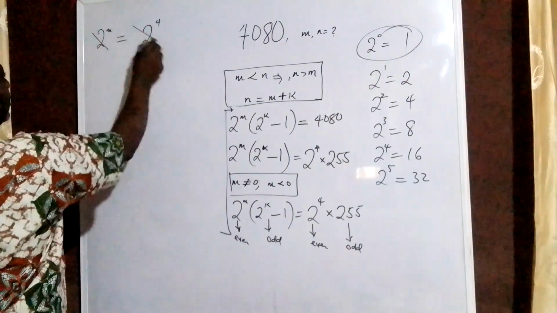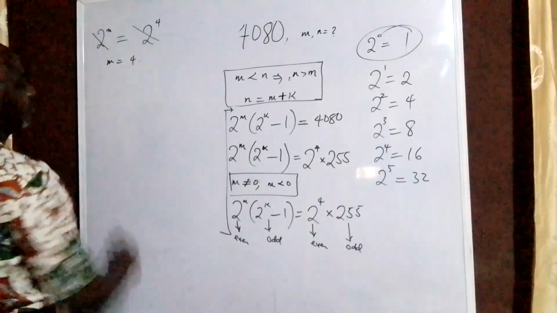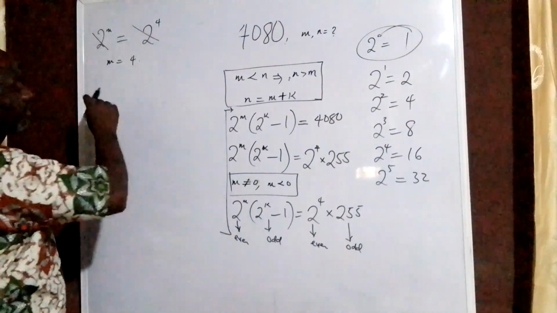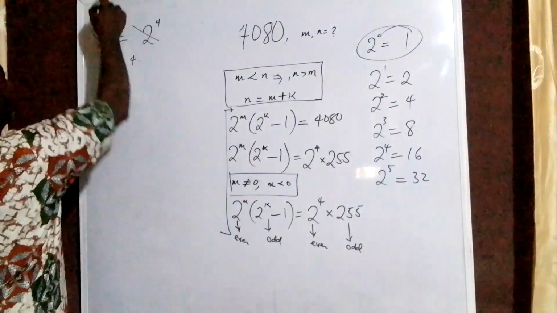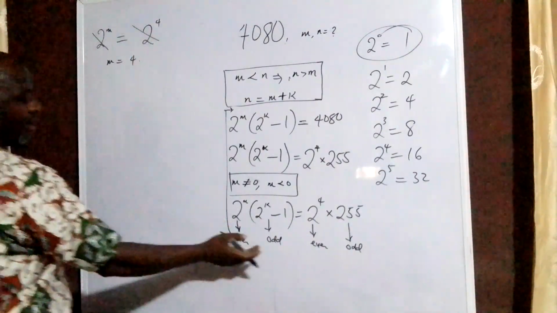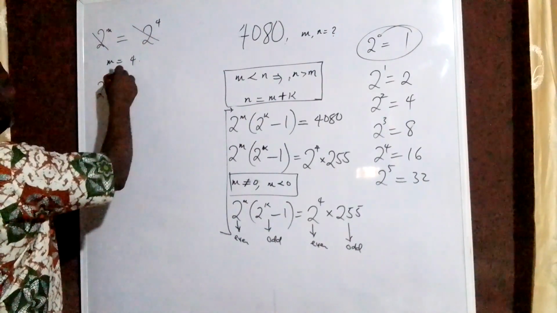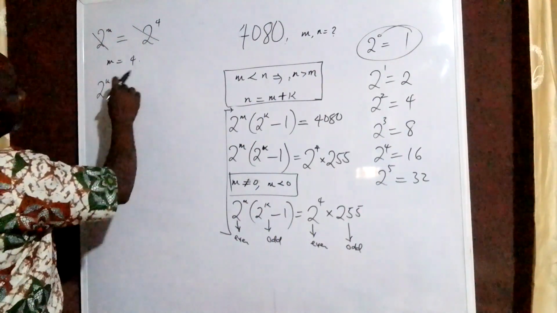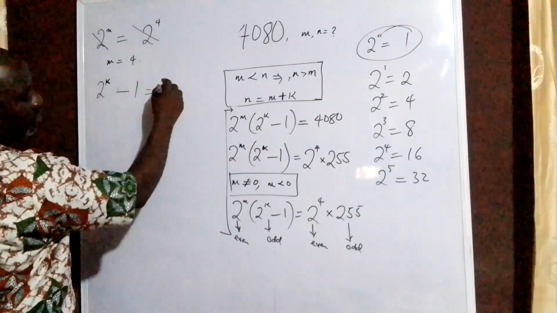Then of course base and base will cancel out on both sides, so m equals 4. And then comparing odd and odd, we have 2 to the power of k minus 1